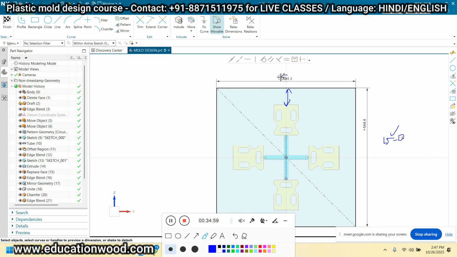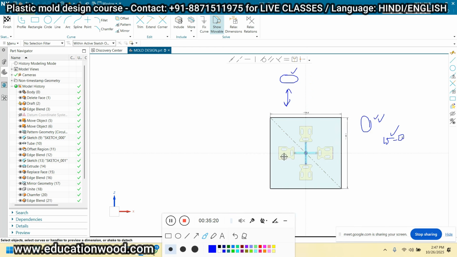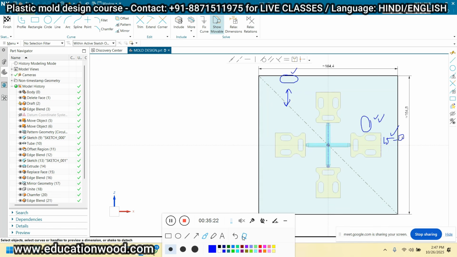But if I'm taking 185, is it okay for us? Can we take 185? We can, but the manufacturing cost will be higher because of this selection. Why? Tell me, do you have any idea? Not the machining idea.